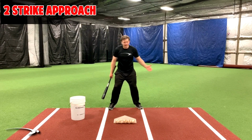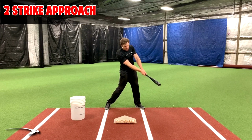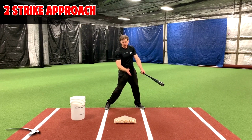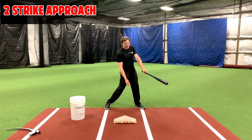So the cool thing about timing it off the belt buckle is that any off-speed pitch will usually tend to be a little bit out in front of our timing and hit a really good release and hit it really hard. I hit a lot of home runs like this when I was playing, trying to hit it off the belt buckle, getting an off-speed pitch, and catching it out in front and just pounding it over the